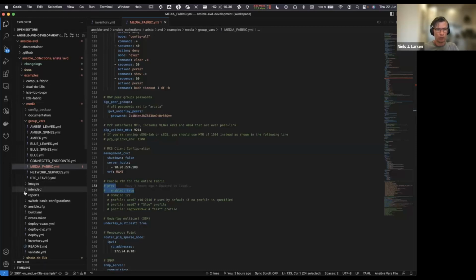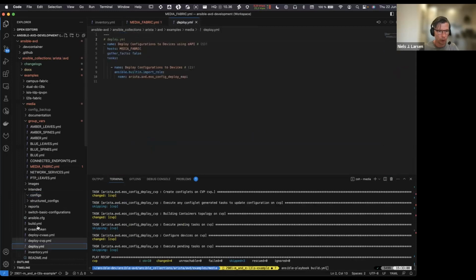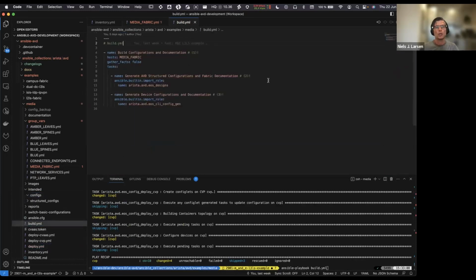Right now, we don't have any actual configuration in the Ansible inventory because I haven't run the playbook yet. So I will run the build playbook, and before I do, I'll just show where we have it. Here we go. This is the playbook where we build configurations and documentation. This playbook will generate what we call AVD structured configuration